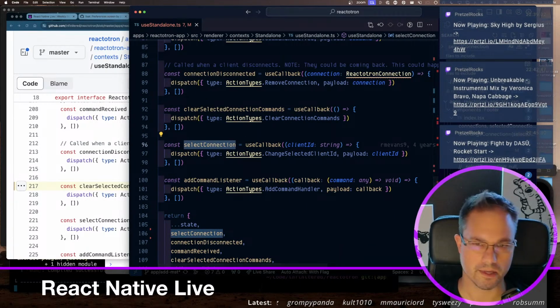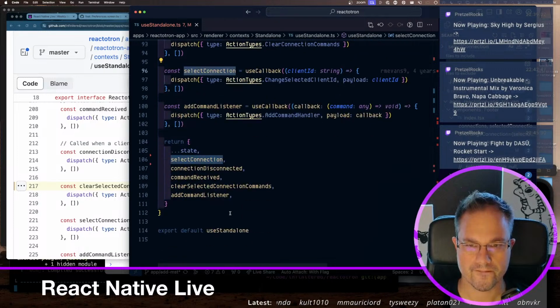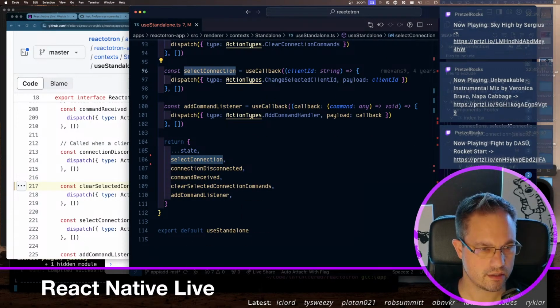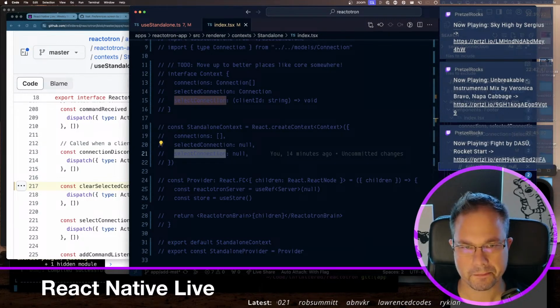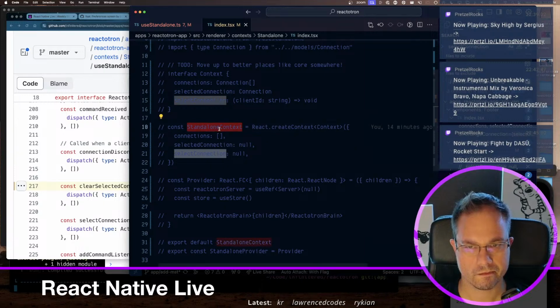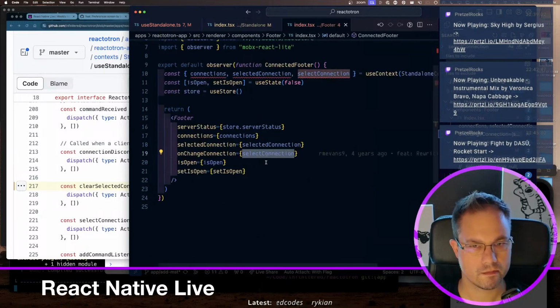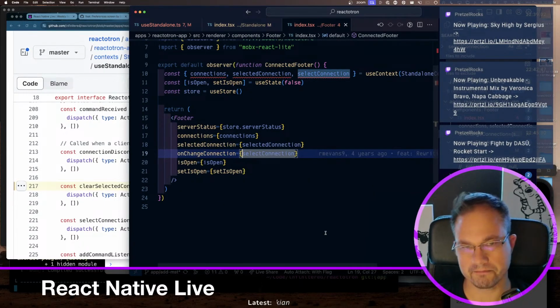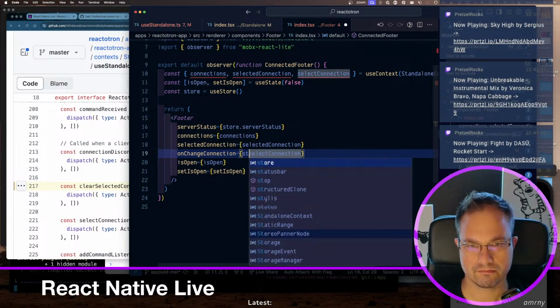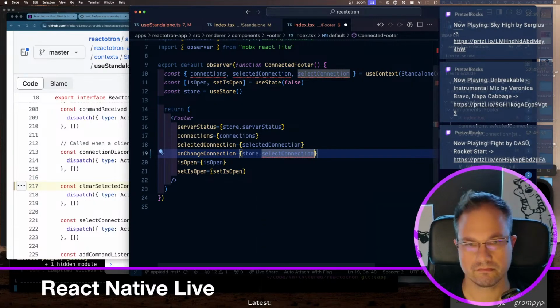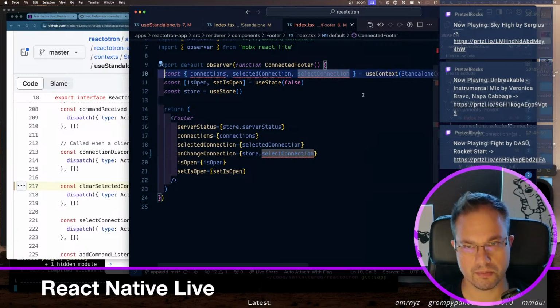That's what it is. Okay. Who's using select connection? On change connection. There we go. So select connection should be